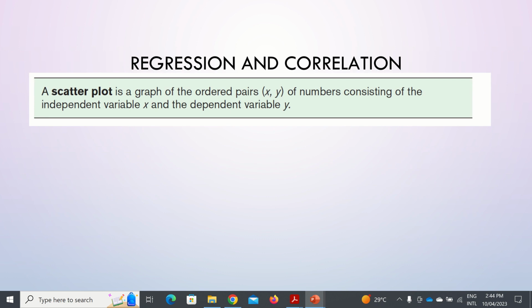What do we mean by scatter diagram, or what do we mean by scatter plot? It is a simple graph of ordered pairs, because when you find regression or correlation, you will be given two variables, one is x, the other one is y. One variable will be considered as the dependent variable, whereas the other one will be considered as the independent variable. So, for a scatter plot, it is just ordered pairs which are plotted in the xy plane or in a coordinate